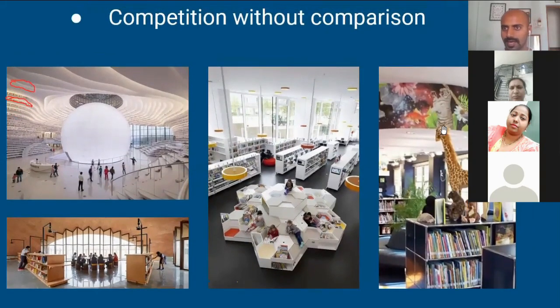And the last one on the right, you can see it has a giraffe, it has a zebra, it has different things here. It has a plant in the middle. It has a few things painted on the ceiling. So even this works. So if you treat a library as a center for knowledge instead of just as a center for books, that draws a different kind of impact. If you treat it as just a place for books, that has a different impact. But as long as you very consciously set up reading spaces, it is going to work out.